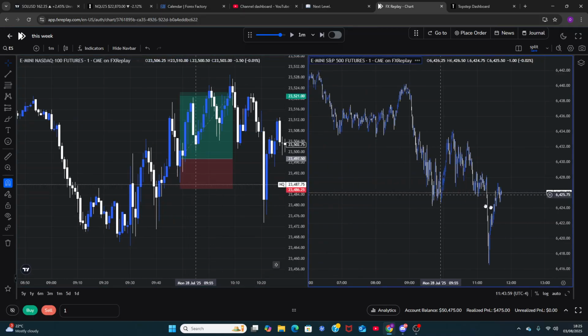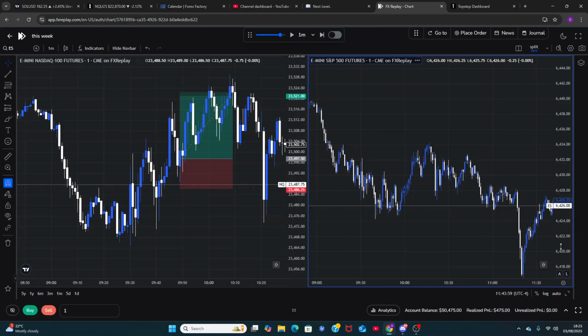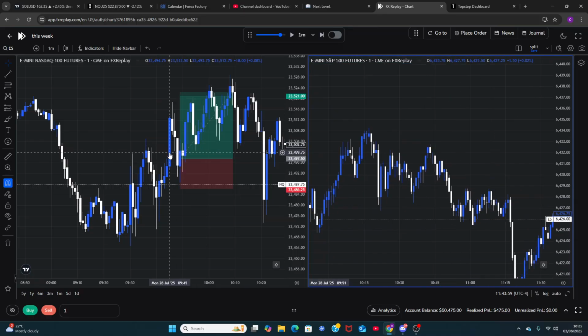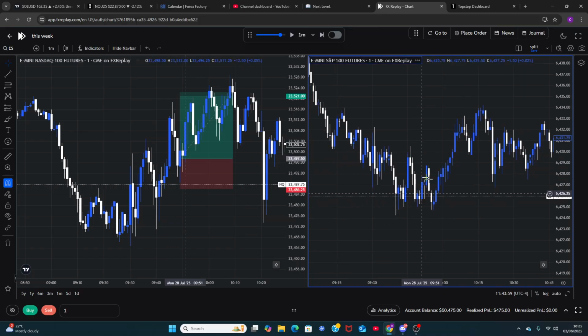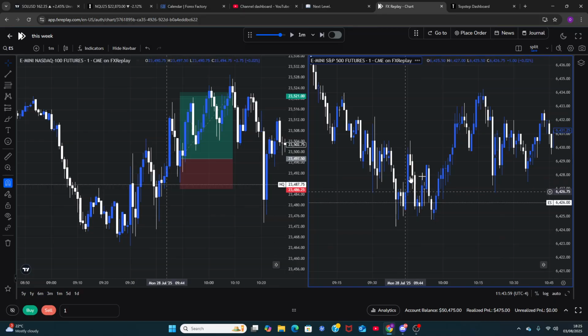But yeah, looking at ES at the same time, by the way. What time is this? 45. ES wasn't doing anything. It wasn't going lower, and neither was it going higher. And then we eventually formed a nice SMT right there, and then price displaced straight away. And look, what did I say? 930 SMT as well. I didn't even see that. There was an SMT here as well, but this one was pretty hard to see. I think this one was way better. It's just very hard to see.